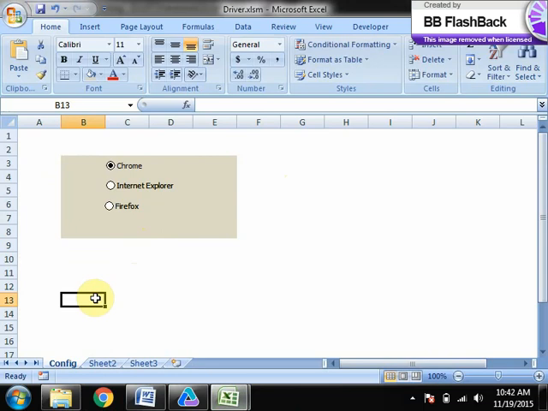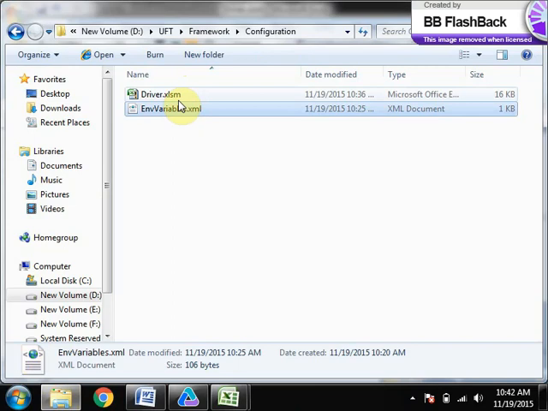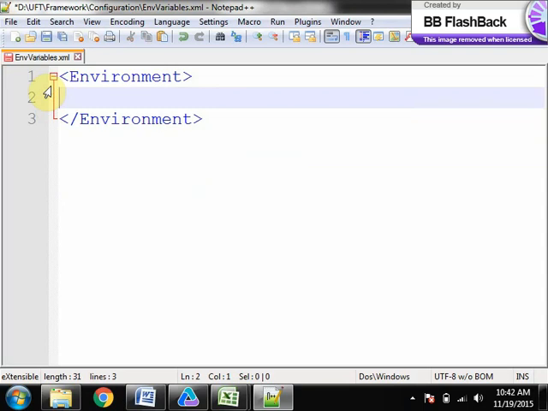Whenever I need to run on a particular environment, I need to change the URL and the credentials. Now I am selecting the browser easily, but credentials might be the same from one execution to another. In such cases, we create another environment variable here. Instead of giving the browser type, since we are handling the browser type through the macro, what we will specify is the URL. Sorry, first it is the name of the variable, right?